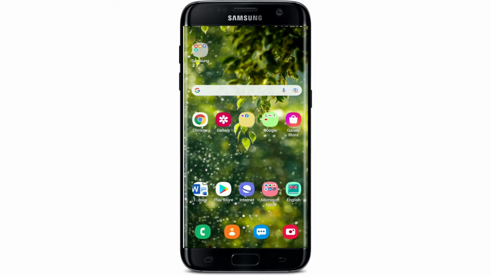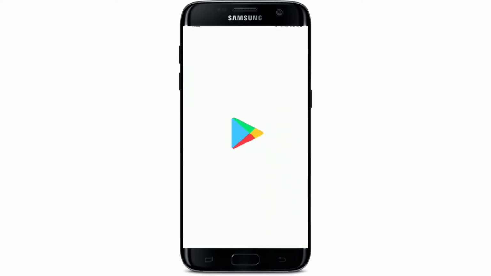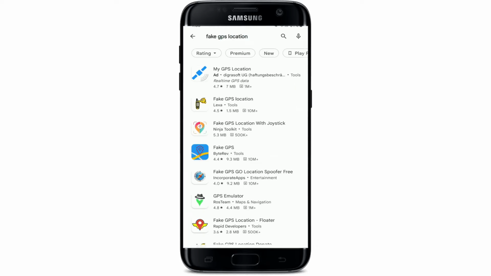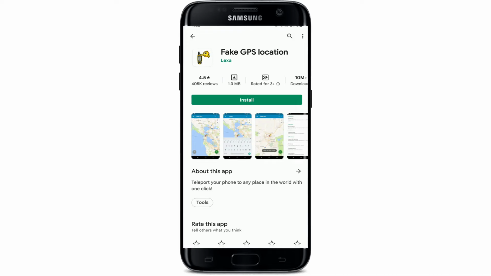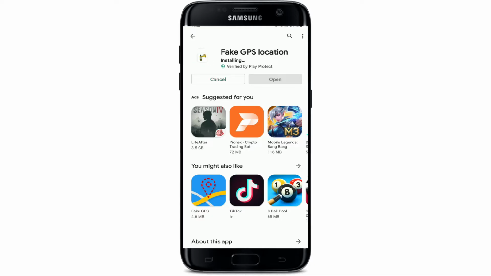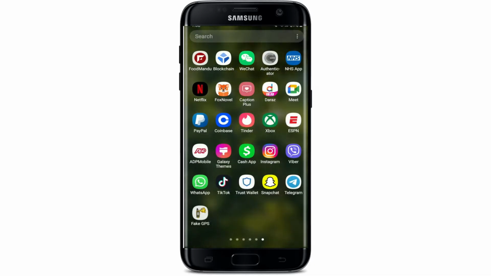Now let's proceed further. Go and tap open your Play Store and in the search box at the top, search for fake GPS location. Once you make your search, from the search results, click on this application right here that says Fake GPS Location from Alexa. Tap the install button in order to download the application on your Android device. Wait until the app gets installed, and once it is ready for use, go and tap open your settings from